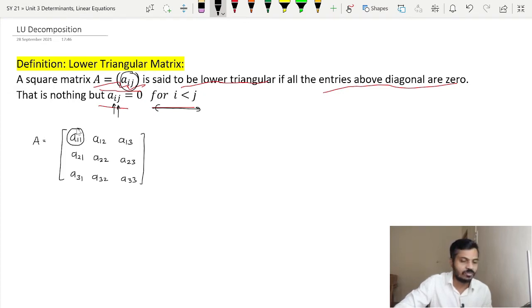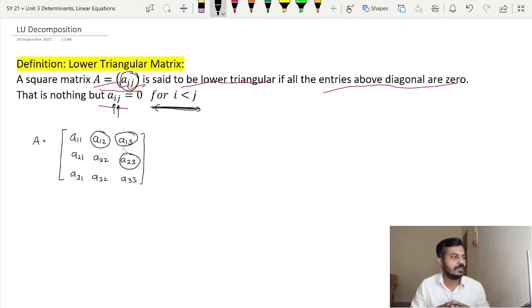As you can see, where is i less than j happening, for which entries? Definitely for A11 it is not satisfied because i is equal to j in this case, but we are interested in the values for which i is less than j. Here you can see that 1 is less than 2, 1 is less than 3, here as well 2 is less than 3. What about A21? You can see that 2 is greater than 1 there, so this condition, that is i less than j, is not satisfied. Therefore these are the only 3 entries of the matrix for which i less than j is satisfied, or you can say that these are the entries above the diagonal.